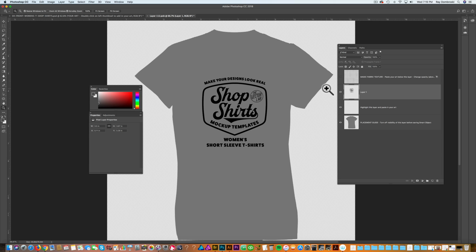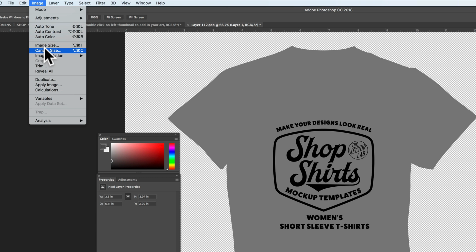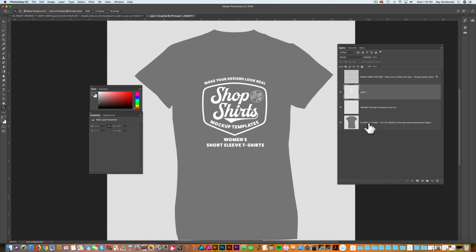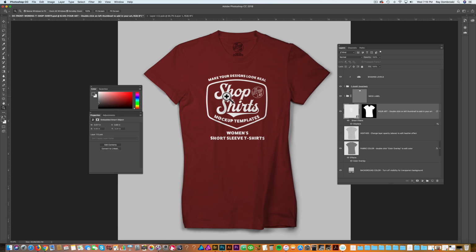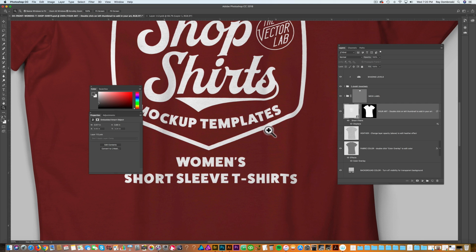I want this graphic to be white. Now, I'm going to show you a couple things here. So let me go ahead and invert that graphic. So it's black now. So let's just go Image, Adjustments, Invert. And I'll turn off the visibility of this placement guide. And let's just click Save to save that smart object, and we'll go ahead and go back to the main file. The smart object file has a displacement map that automatically bends the graphic